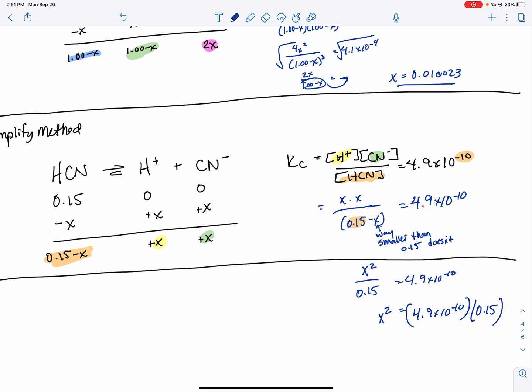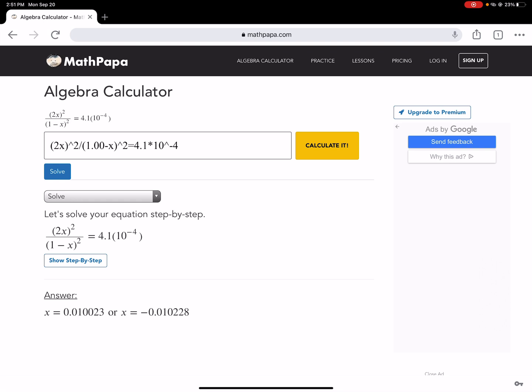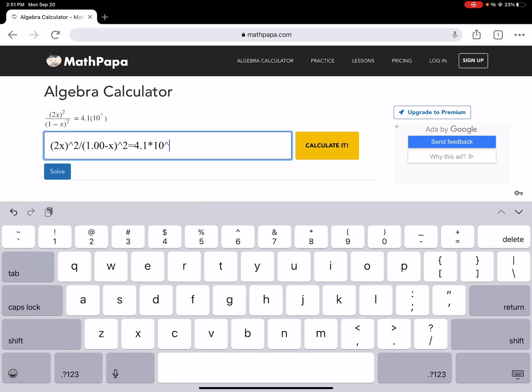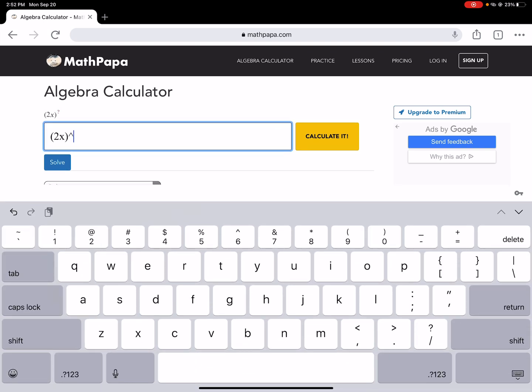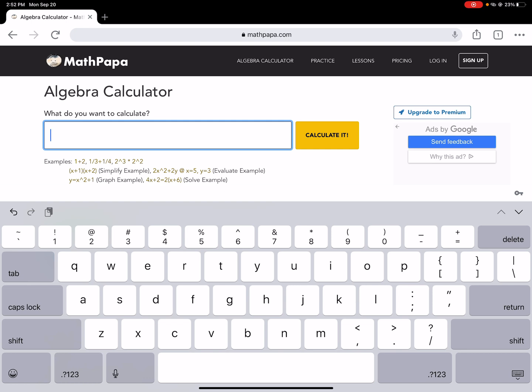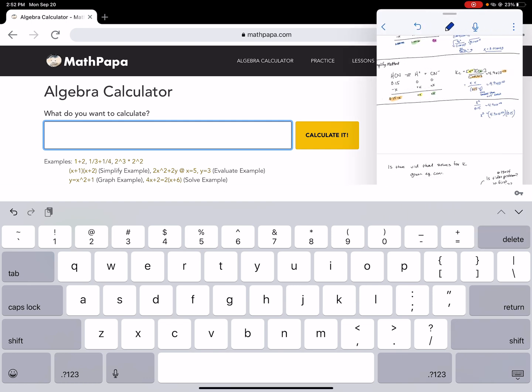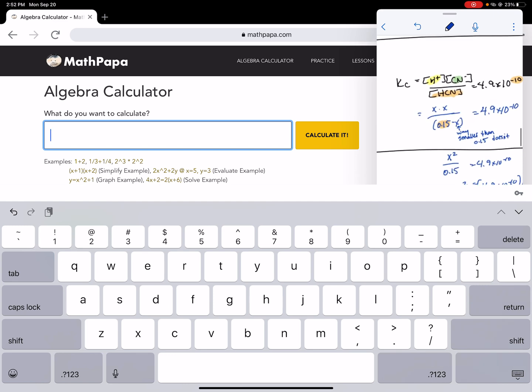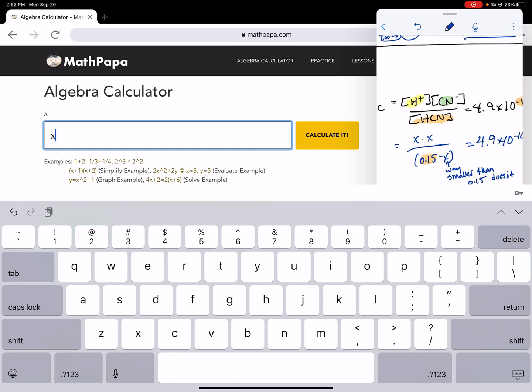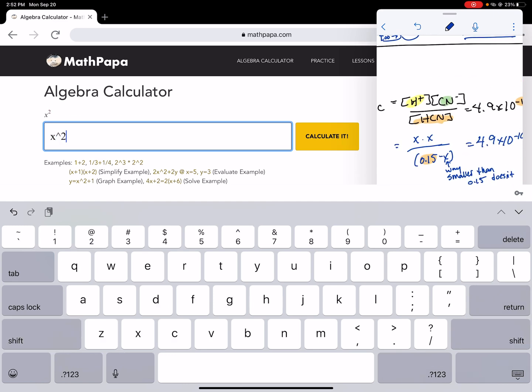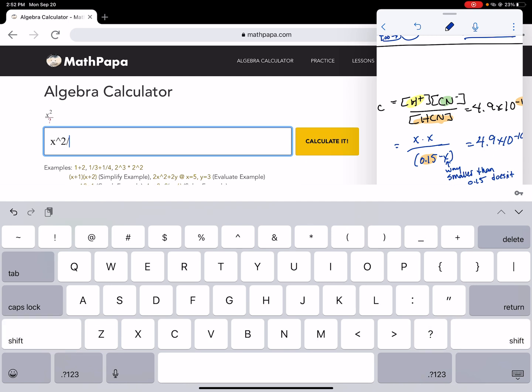So you are not going to have to do this in this chapter, but I'm using this opportunity to preview as well as showing you how to do this problem on that calculator also, just so you have the practice. So again, there's our calculator, and I'm going to erase what I had in it. And then I'm going to bring this back over. And here's this problem right here. So I can say x squared divided by parentheses